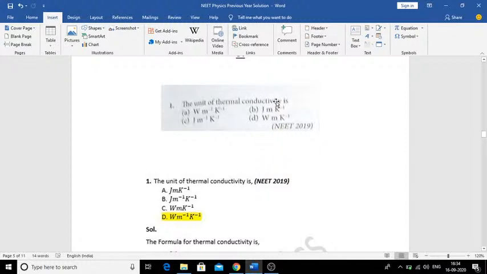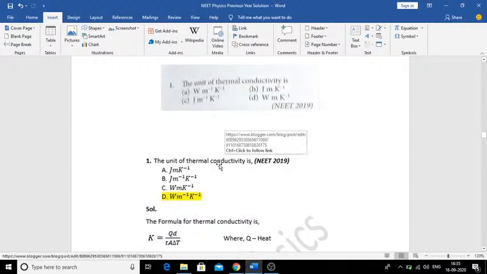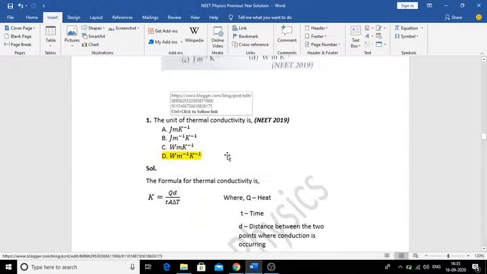So here you can see the same kind of question as you saw in NEET 2020. So always remember there will be one question based on units. You can do anything, you can do dimensional analysis or you can go through the units and you can get your answer. So now here, because I solved that earlier, I have just put the photo of that.